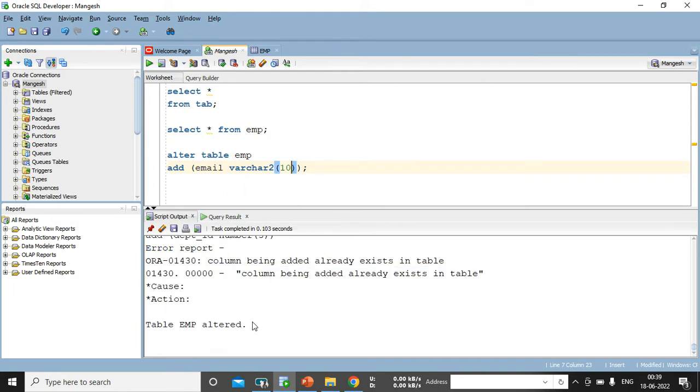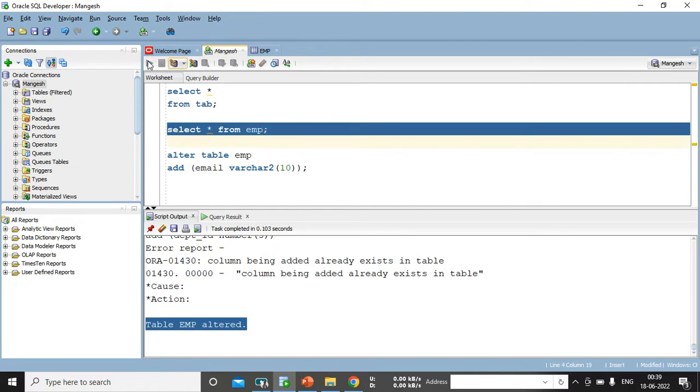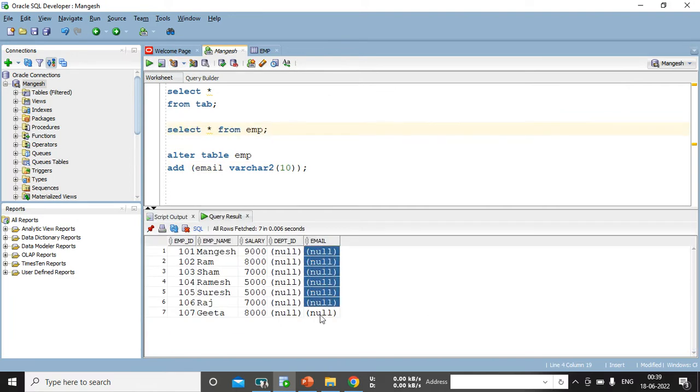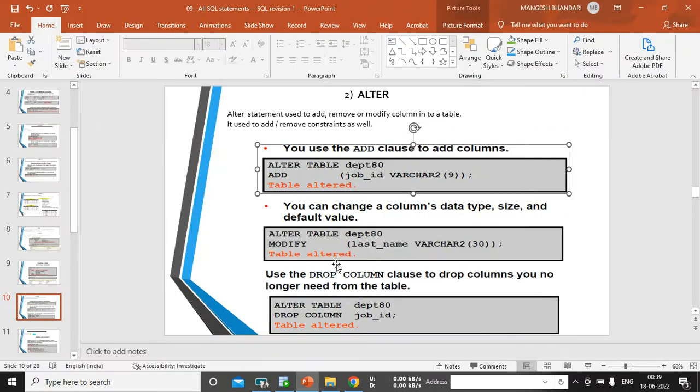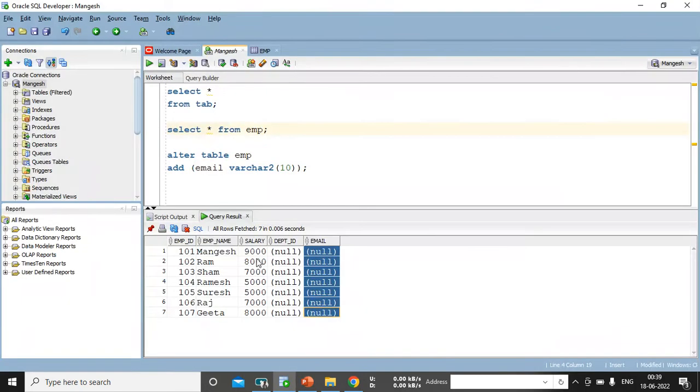See, this is alter table, and try executing this. You have added another column as email. Okay, and next example, you can modify that particular column also. If I want to increase the length of